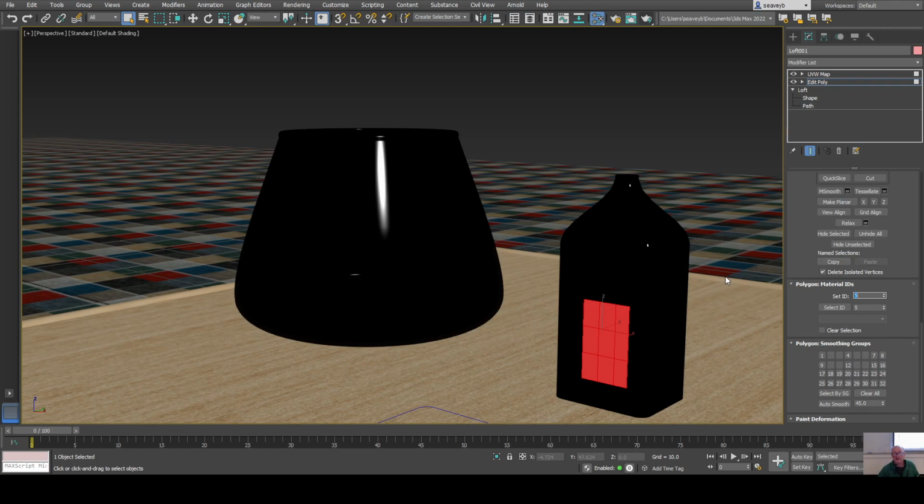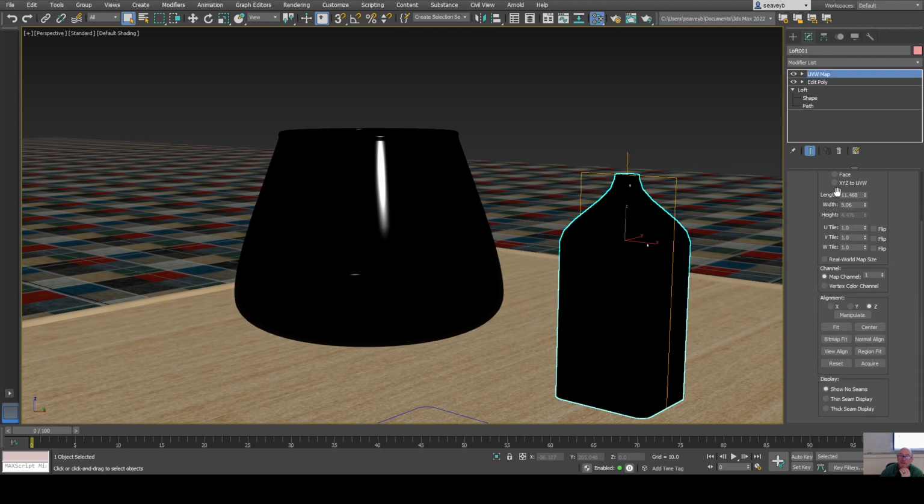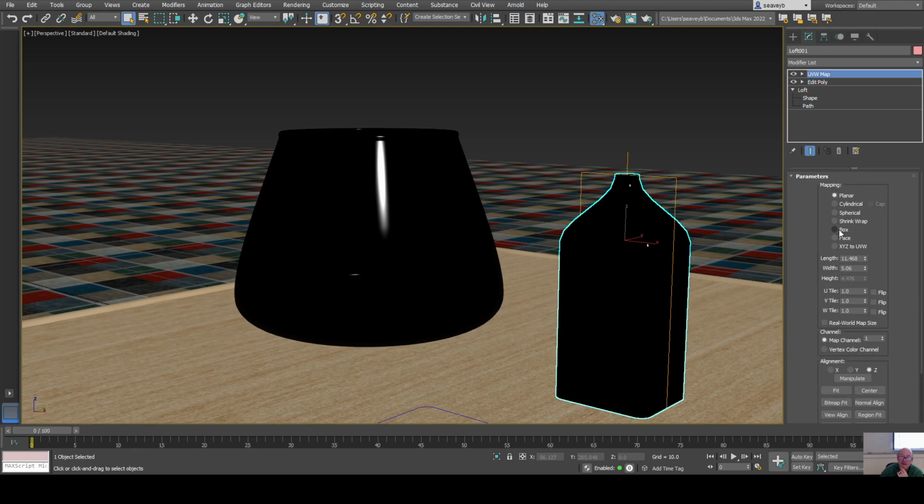Okay. At that point, I should be able to deselect. Oh, something is not... oh, yeah, I forgot to change my UVW map and get out of subobject mode here. Come back up here and just use a box instead of a plane now. And that should let me use this map